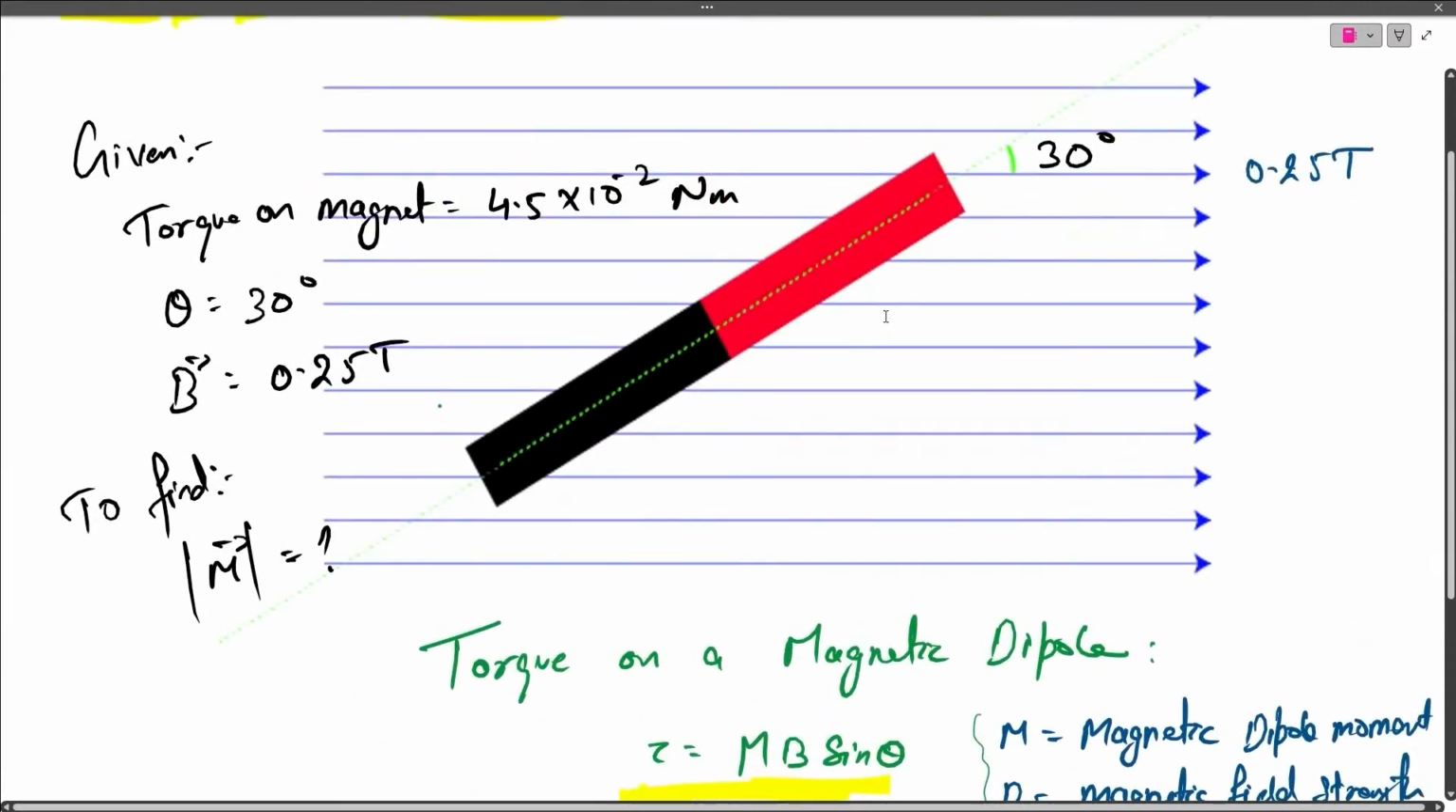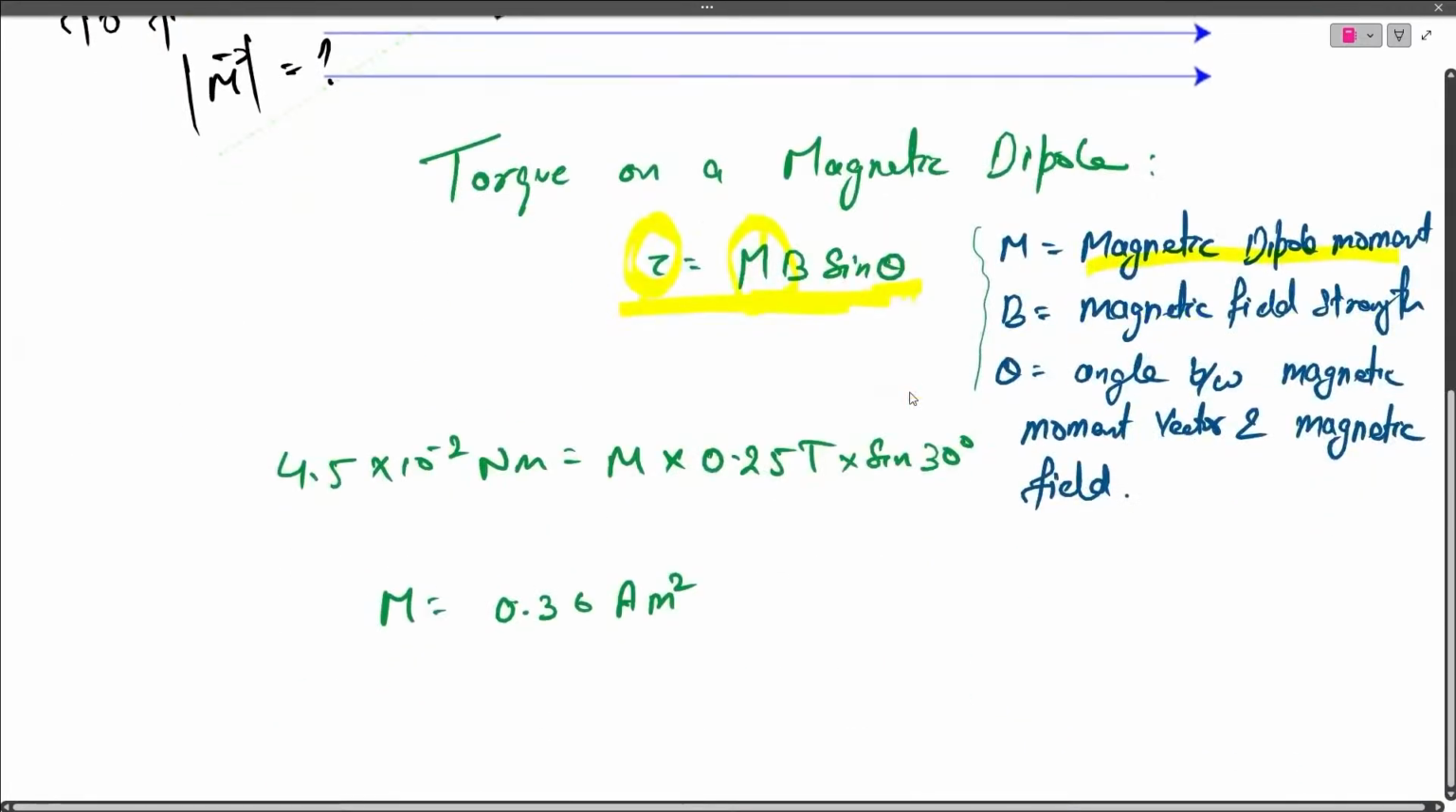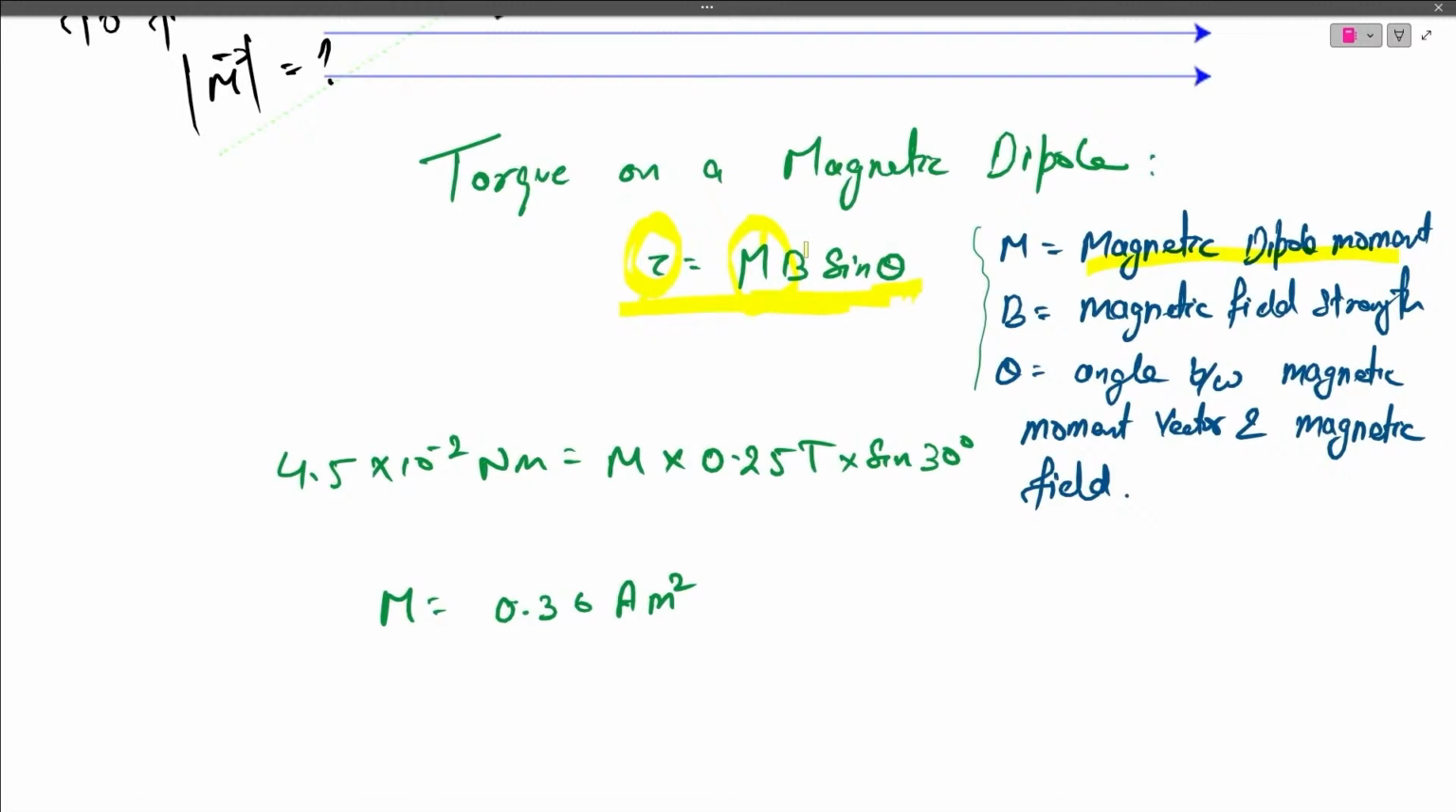Now in this question we have been given the torque on magnet, that is we have been given this value tau, theta we have been given, and we have been given the magnitude of magnetic field, that is B. So we only need to find out m, where m stands for magnetic dipole moment of this bar magnet. Now putting all those values in the given equation, we will get the value of m as 0.36 ampere meter